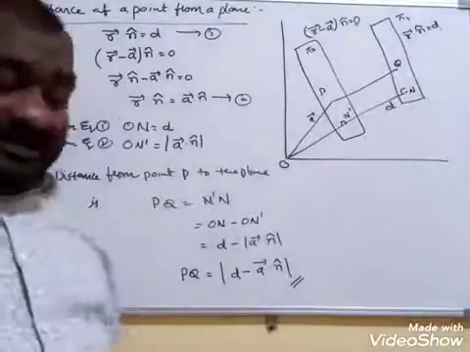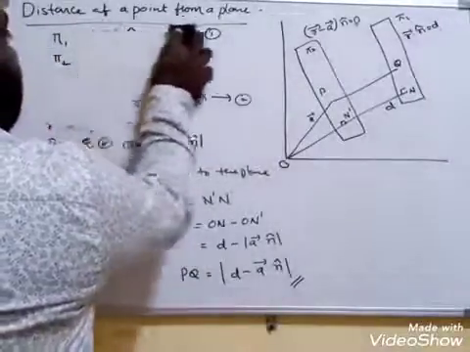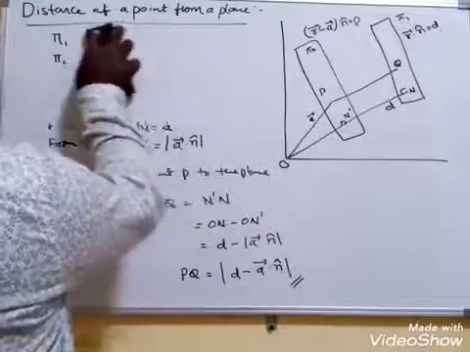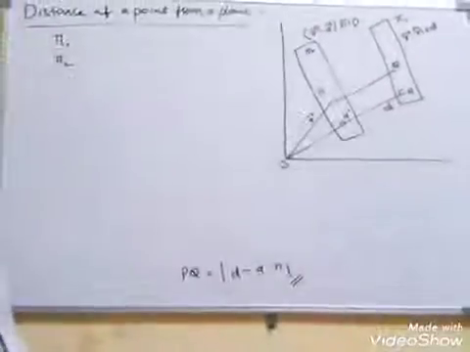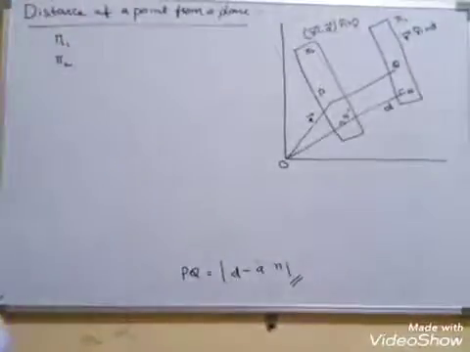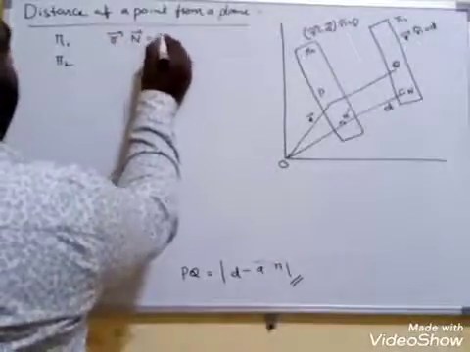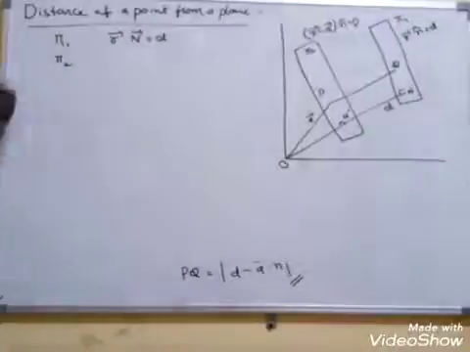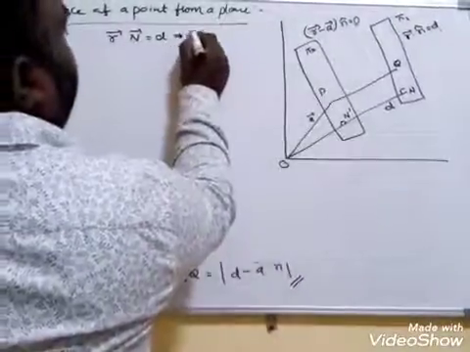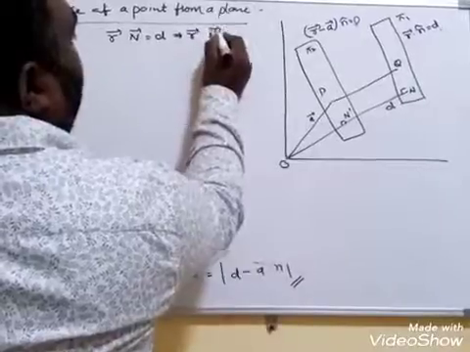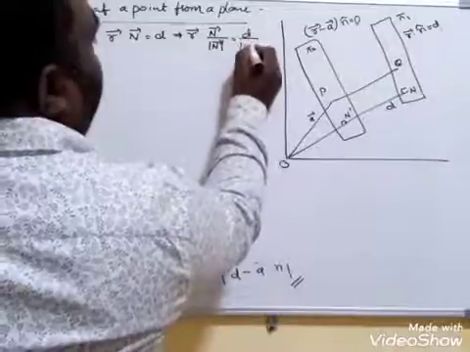Now in the second case, note this also. Here, instead, the unit normal is not given. In the previous case we took the unit normal, that's why R bar dot n cap was given. Now if they give R bar dot n bar is equal to D, it should be made a unit normal. What we have to do is divide by the modulus of n bar. Then we get R bar dot n bar by modulus of n bar is equal to D by modulus of n bar.